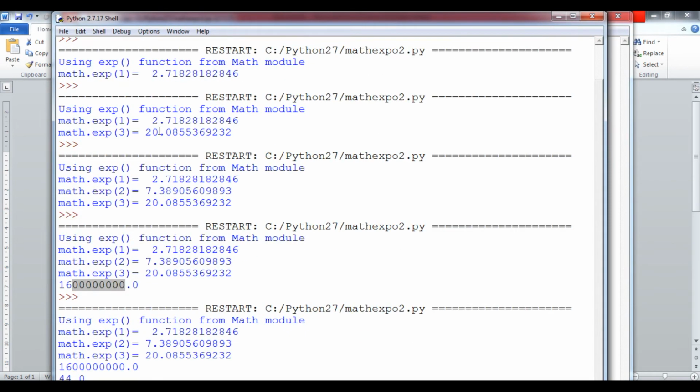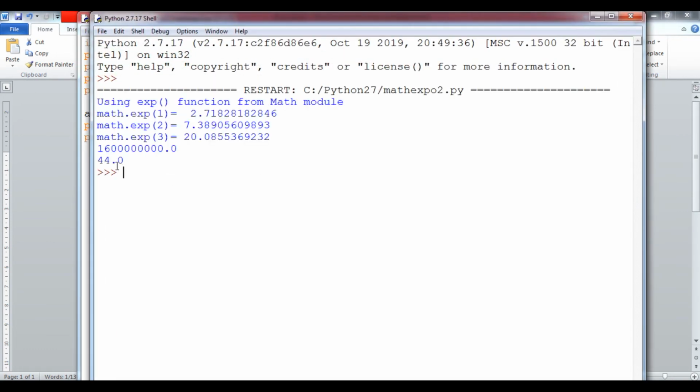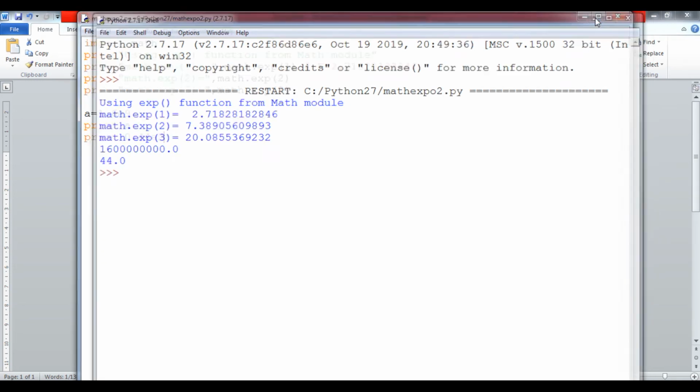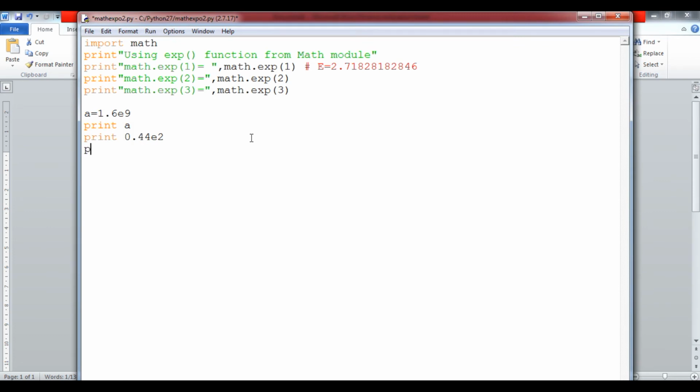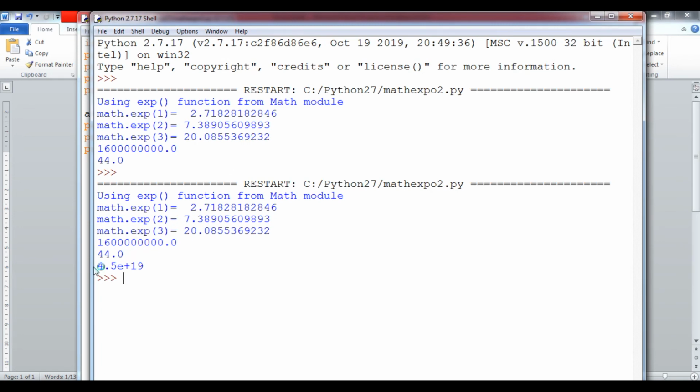You can see 44.0 will come, that means 44. Okay student, if I write here print 4.5 e to the power 19, let's see what the output will be. Now you can see 4.5 e plus 19.